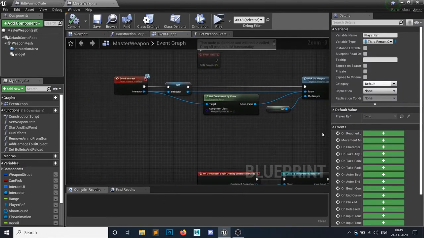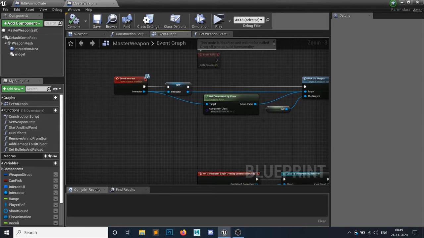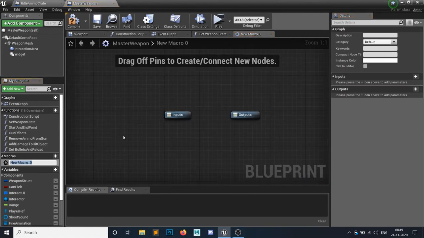Okay, so for that we need a macro, and we're going to call it gun ammo pickup.